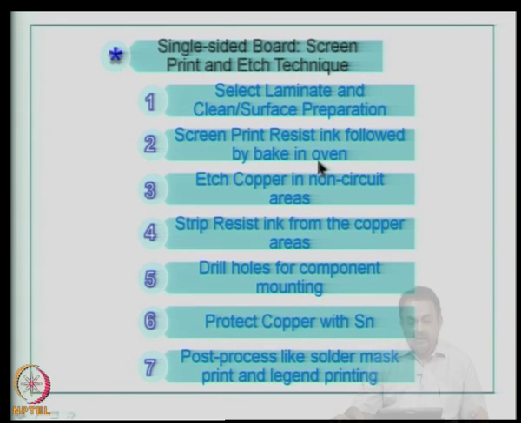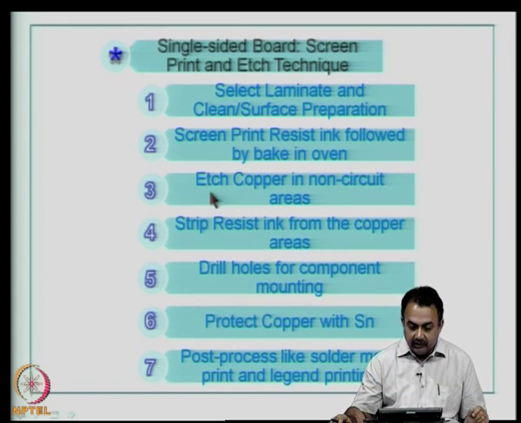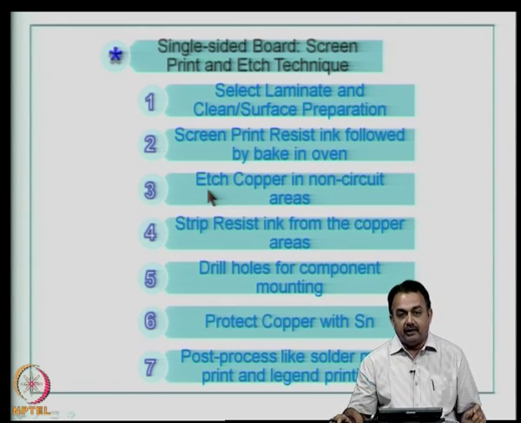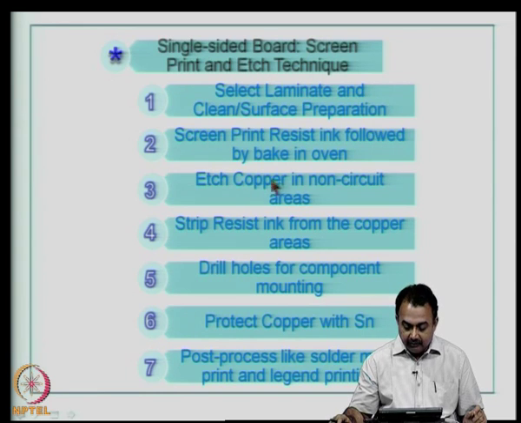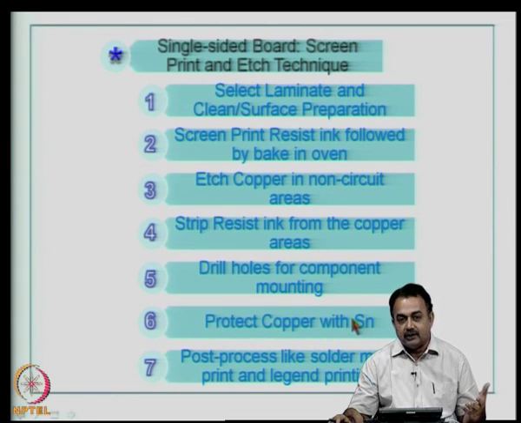Now, after the baking is over, you introduce it into the copper etchant. So, this will etch copper in non-circuit areas. Now, you can strip the resist ink from the copper areas which protected your circuitry. Now, you can drill the holes for component mounting, protect copper with tin, because as you know copper reacts with